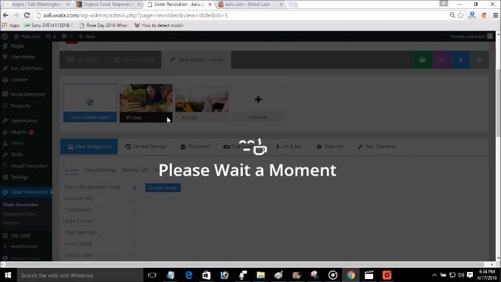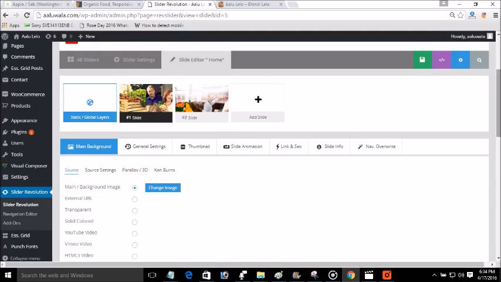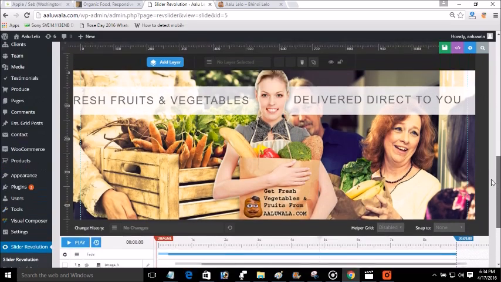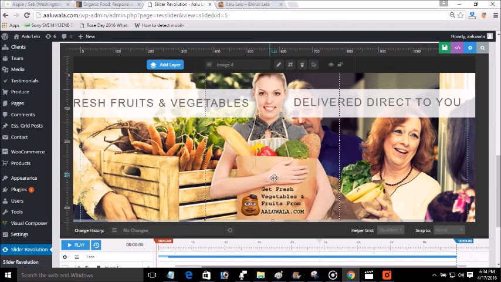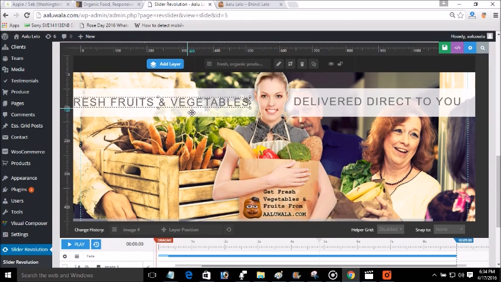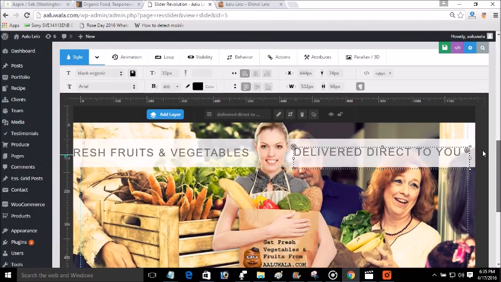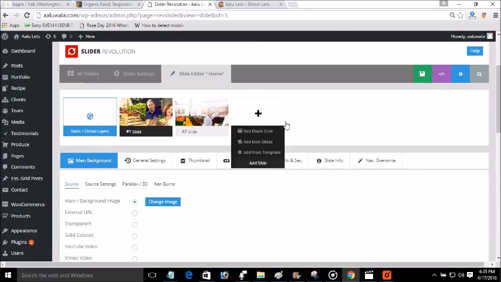And how to edit this? Suppose here on which we are working, this is another image. Here is the text, so you can create the layers and work accordingly on this.